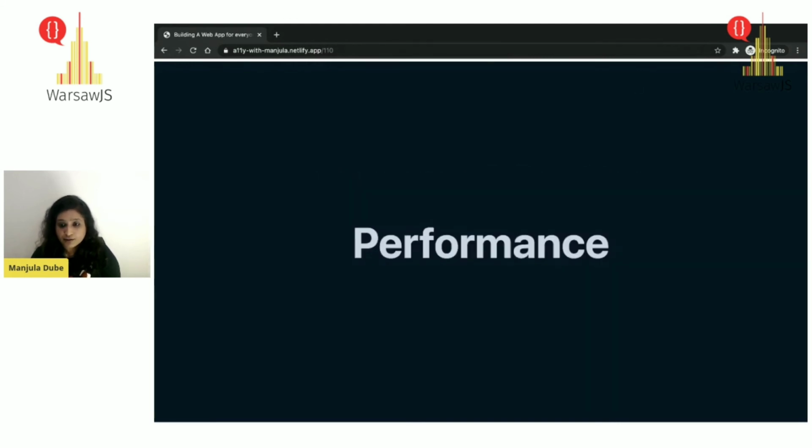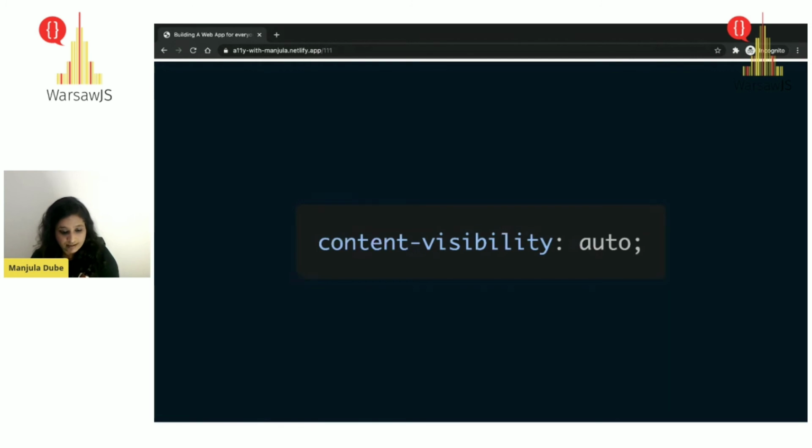Also, something related to performance. All of us love performance, and improving performance on a website is really a good thing. There's a new thing which recently came, content-visibility: auto, and this enables the user agent to skip an element's rendering work, which means the layout and painting would be skipped until it is needed.